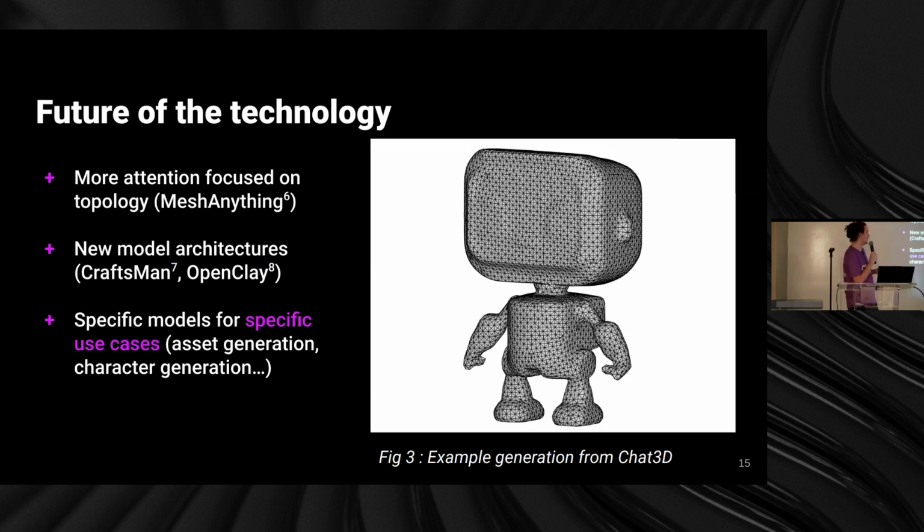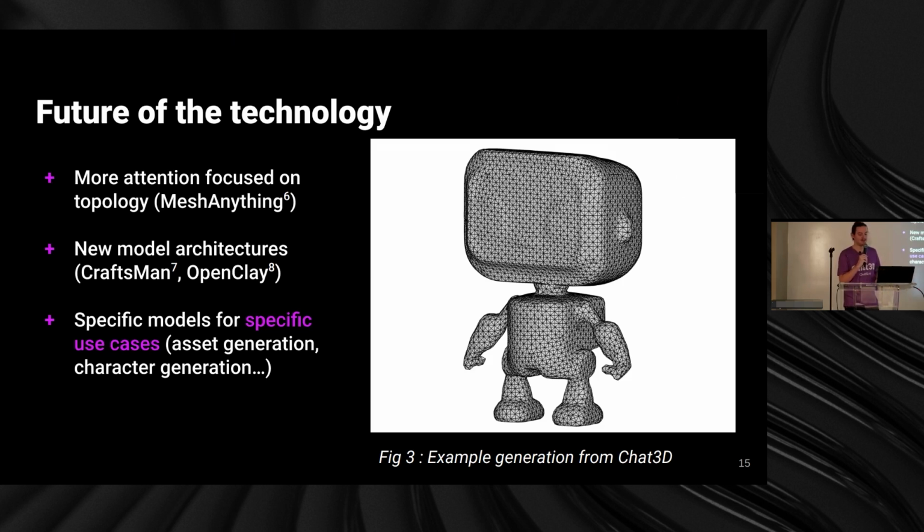There are also some newer architectures in terms of the models. I cited two, Craftsman and OpenClay, which are what we call 3D native architectures, and they give better results in terms of the topology and the mesh itself as well. And finally, I think that for the future, we'll have more of a focus on specific models for specific use cases. Right now, we're focused on asset generation, generating objects, but there are other fields of generating 3D models, like character generation,